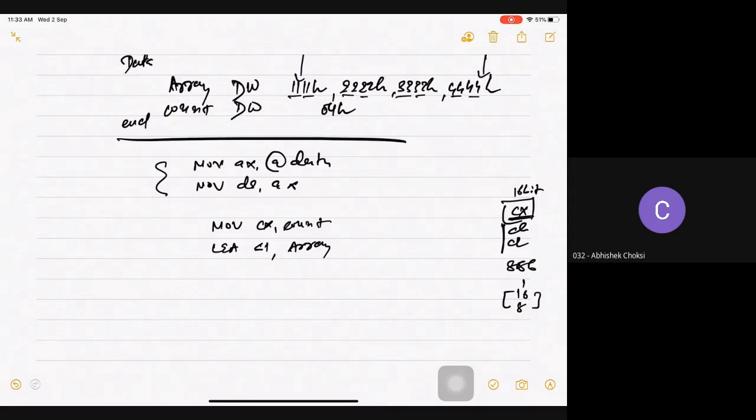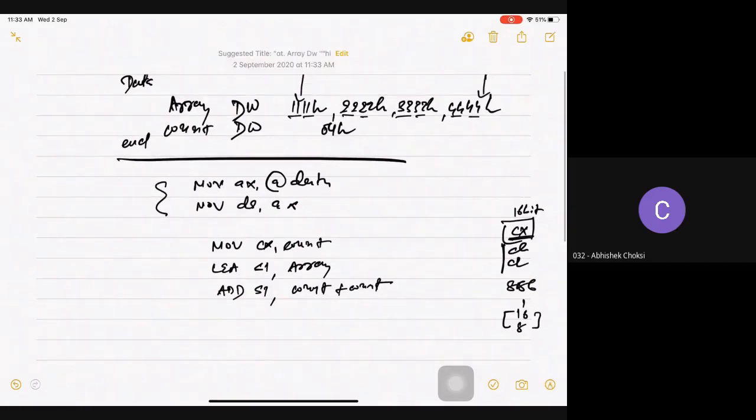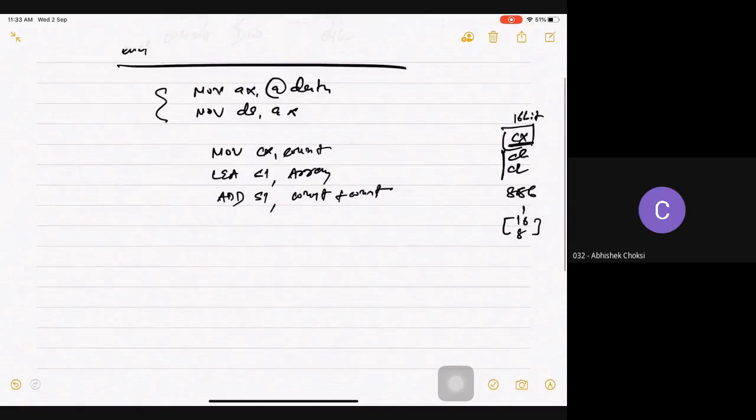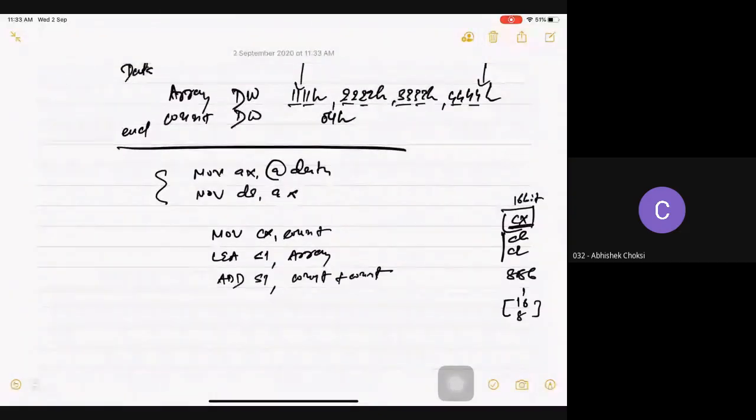So ADD SI, count plus count. Why am I doing this? Earlier it was only 8-bit data, so you just needed to jump 4 bytes ahead, but here you need to jump 8 bytes ahead. That's why it is count plus count and it will go to SI. So now my SI is pointing here.